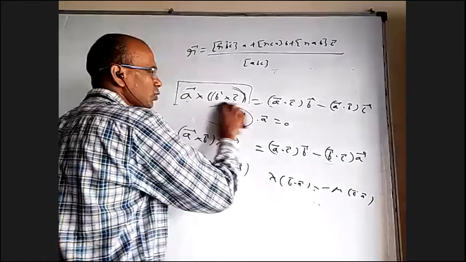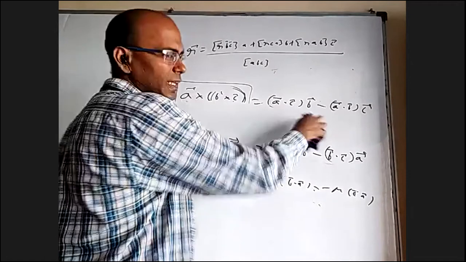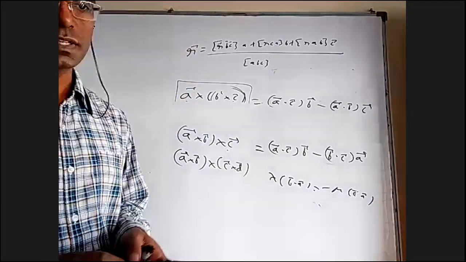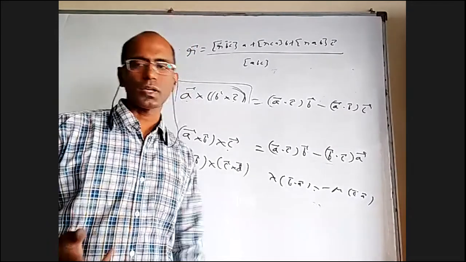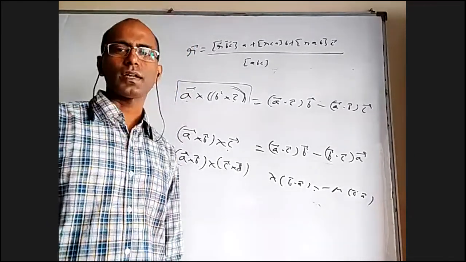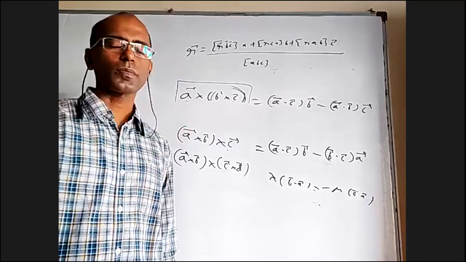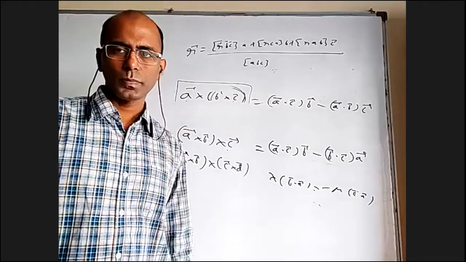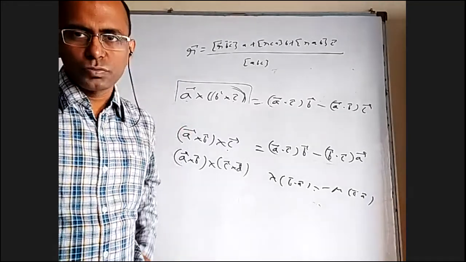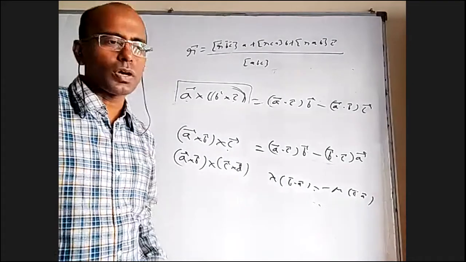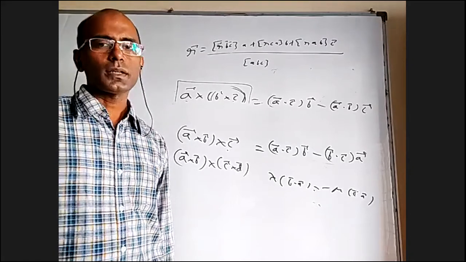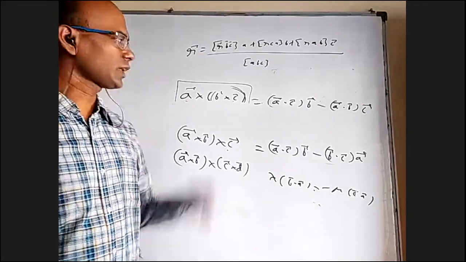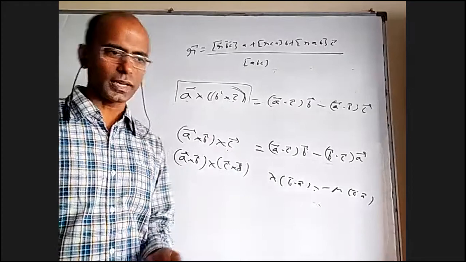In IP, they don't prove this way. They don't tell the derivation. Proof is different, derivation is different. Proof means you don't have to tell how the formula is derived, how you got the idea. You just have to find another way. I'm not talking about verifying from the options or verifying with an example. Like mathematical induction is a proof: the formula is given, true or false, we can prove it thoroughly. But it is not a derivation, right? So what I told you is derivation, but if you want to prove it, another way is there.